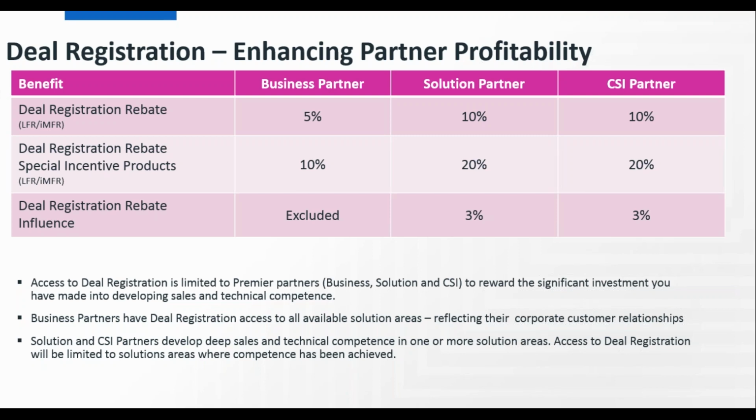And then you can also get an influencer fee. So what often happens is a partner would work on an opportunity with a customer, shape it, define it, propose particular solutions, and then the customer will decide to go out on a tender. In some cases, the customer might award the tender to the lowest bidder. As long as the incumbent partner who worked on this opportunity and shaped it before it came to tender has deal registered this particular opportunity, this partner will still be eligible for a 3% rebate, even if the business is